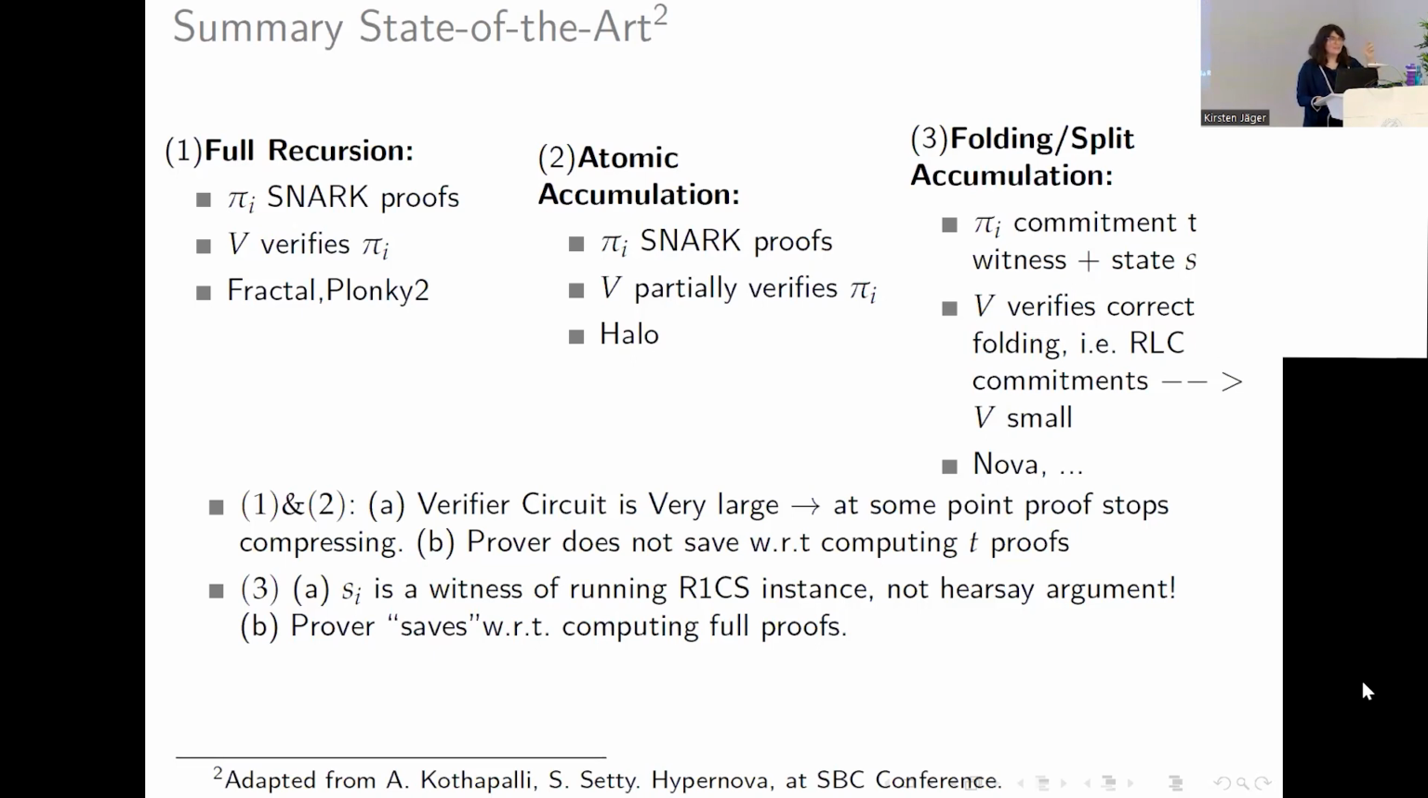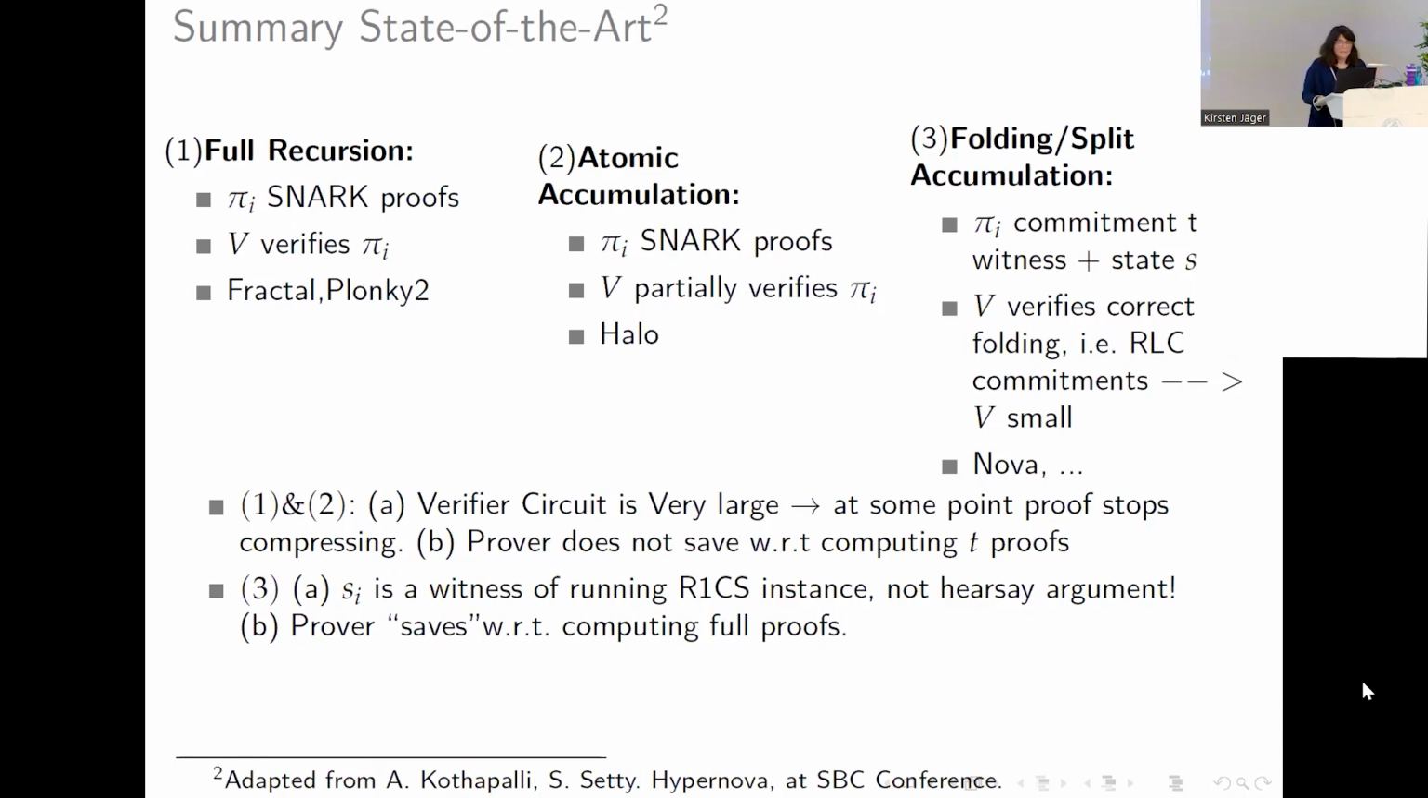Okay, it's a hearsay argument, so anybody can compute the chain, but the prover is not doing less effort than it would take to compute each of the proofs individually. On the other hand, this folding scheme, this is why there's so much interest and people like them so much, is because at each step of the computation, you're really doing almost no effort. So you're not doing the effort of proving